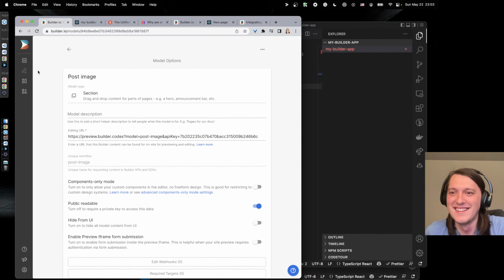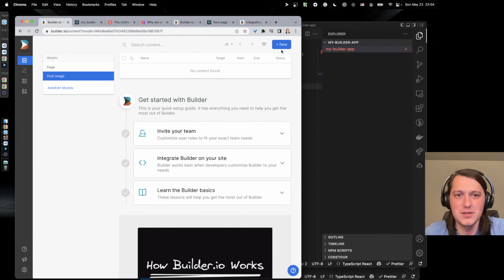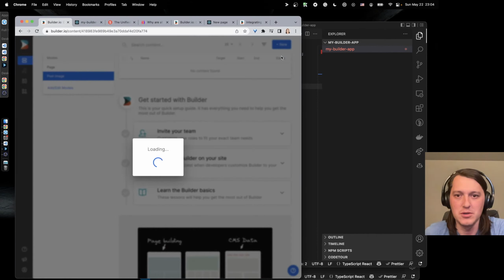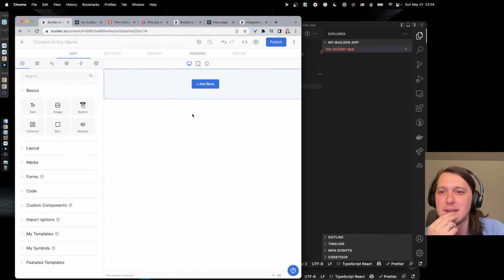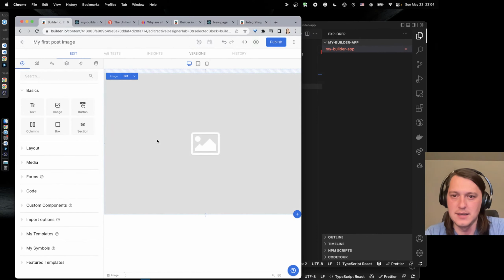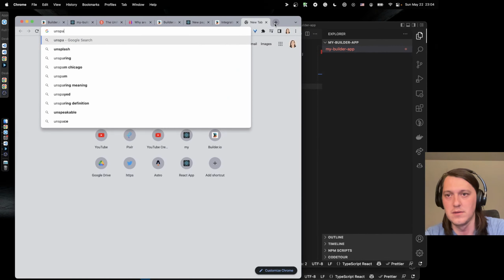Okay, so now I want to create a post image. Okay, but how do I know which one I'm editing? So my first post image, and I'm getting just the image of, I don't know, Unsplash.